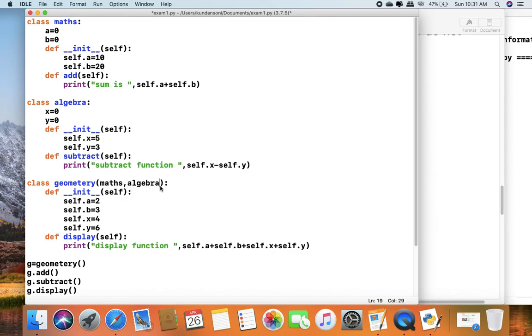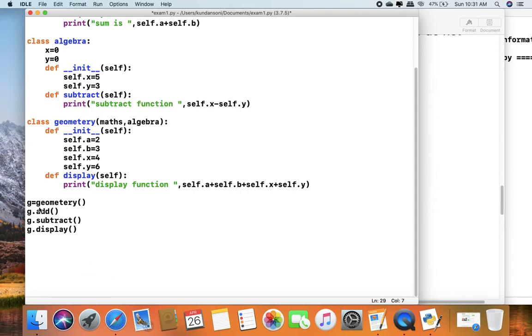Here we can add multiple classes by adding commas. So class geometry can use the property of maths and algebra, but maths and algebra do not have any type of relation. When we call the geometry object, the constructor will be called, and these respective functions will be called.